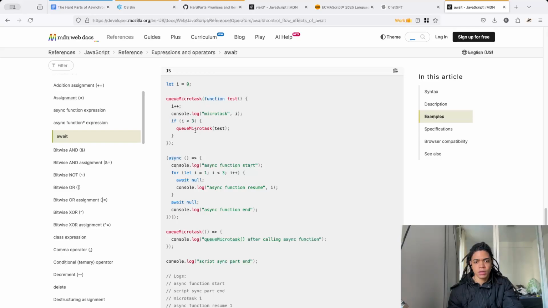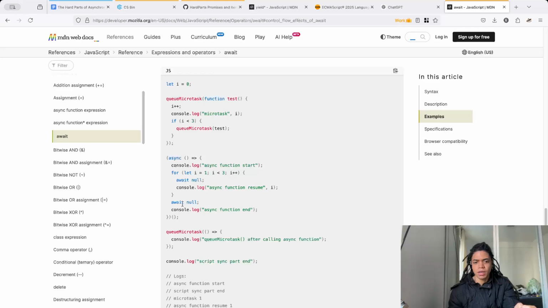And I'm going to now call myself, okay, test, which is a function, okay, I'm going to call this here, microtask here,